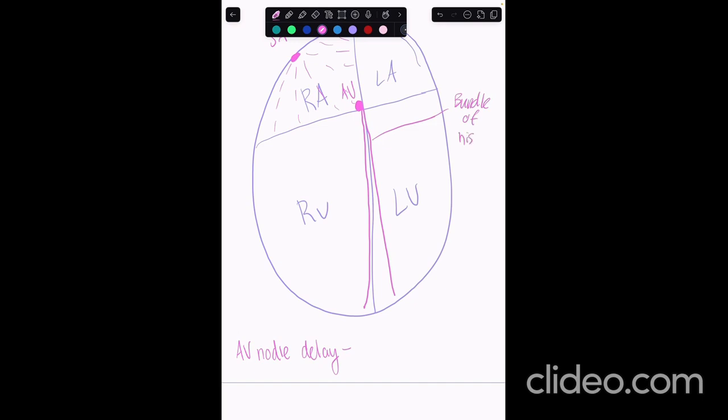This travels down the ventricles in order for the signal to then break off into the left and right bundle branches. So the bundle of His is right in here before it breaks off into the left and right bundle branches. These will travel down the ventricles and around into these things called Purkinje fibers. So what the Purkinje fibers are is it's responsible